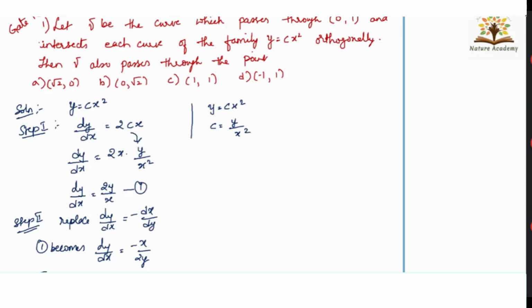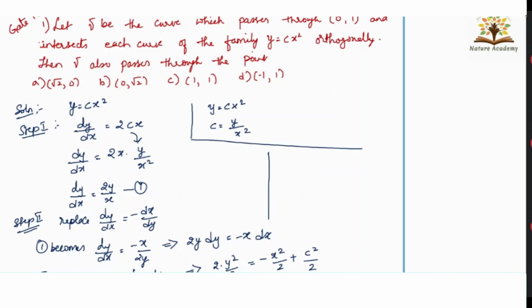Integrate both sides. I will have to do the variable separable, no? Then only I can integrate. 2y into dy equal to minus x into dx. Now integrate it. 2y into dy equal to minus integral x into dx. So what will I get? 2 into y will be y square by 2 equal to minus x square by 2, plus c square by 2. Because everything is there by 2, I have to write c square by 2.